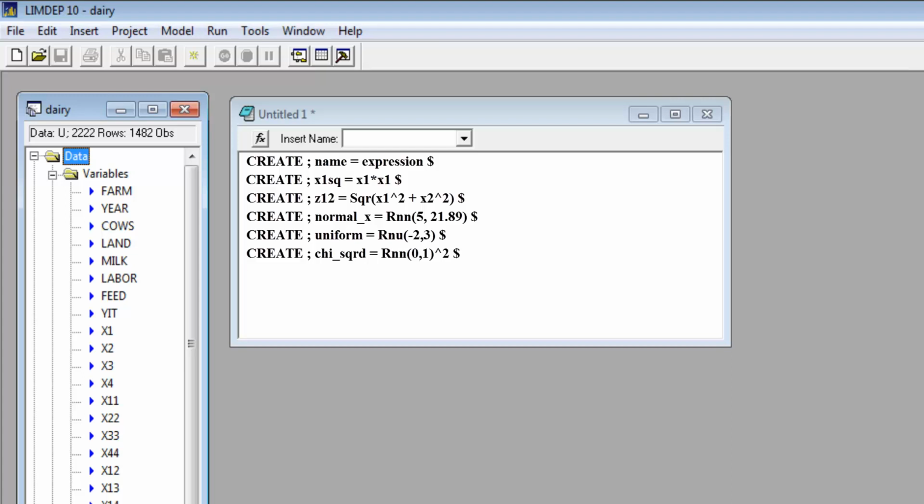Another useful function for create is used to create dummy variables. There are a few ways to do this. The simplest just uses the algebraic comparisons. For example, this creates a variable that equals 1 if x1 is greater than x2 and 0 if not. Another way to do the same thing is,